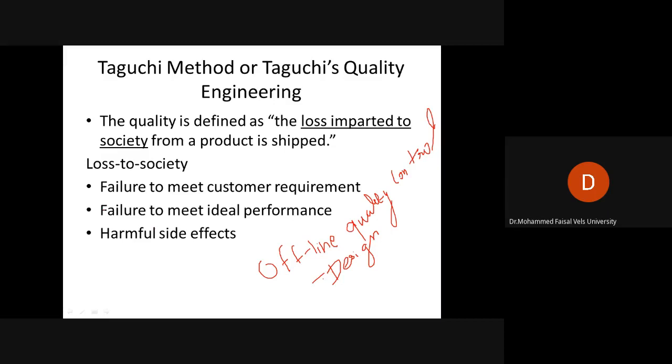When I try to explain offline quality, he tries to give offline quality in terms of three steps. One,